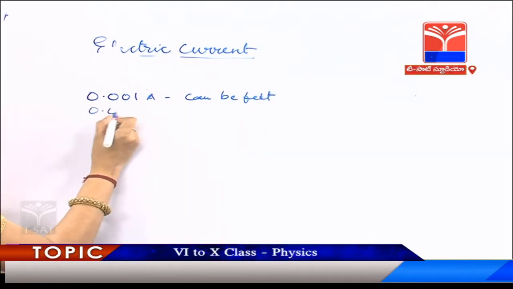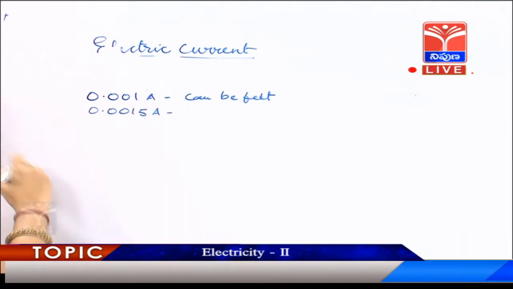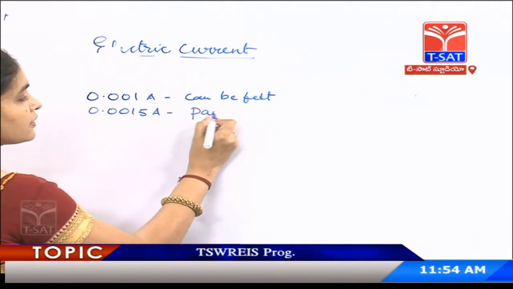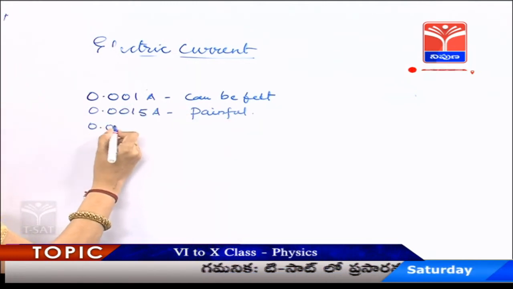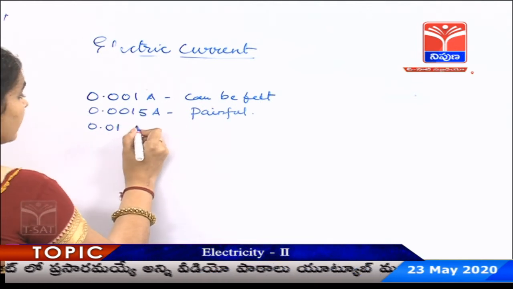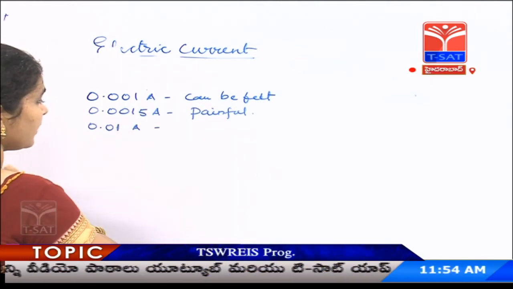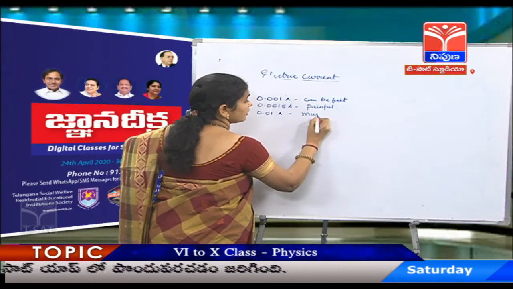When 0.0015 amperes current passes through the body, it is quite painful, and when 0.01 ampere current passes through a body, it causes muscle contraction,